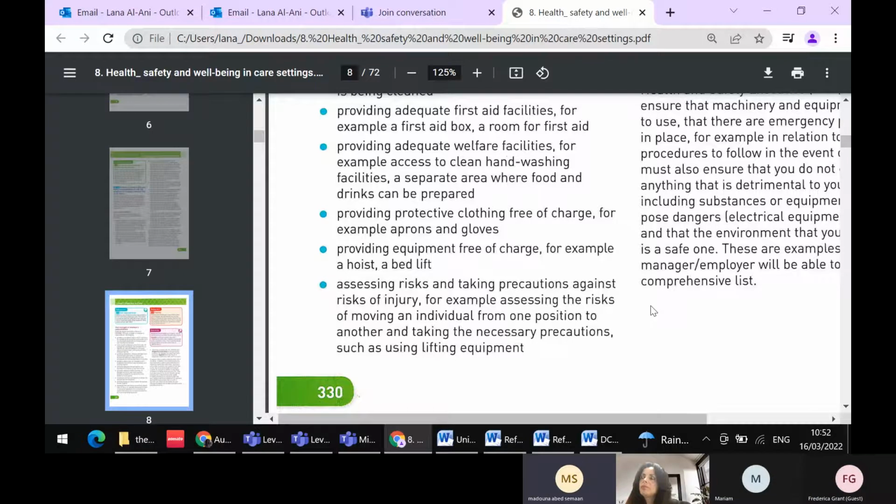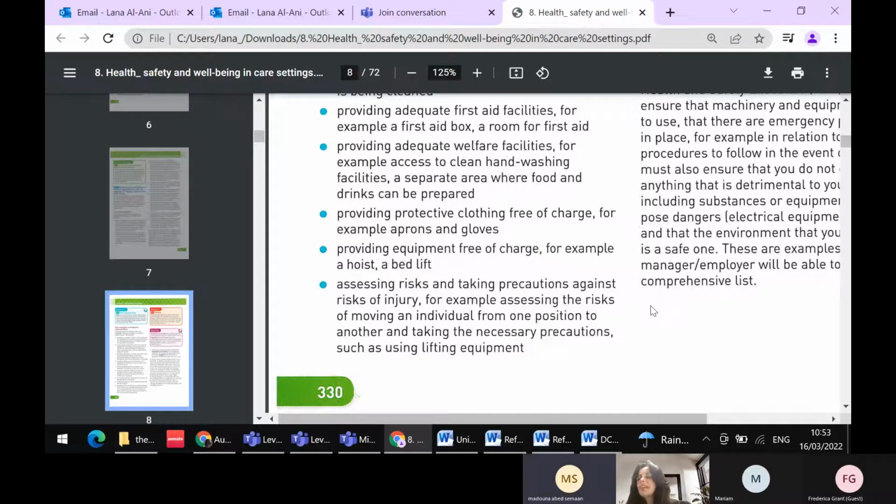Always health and safety. Follow the health and safety. Very good. Put a policy and procedure in place. Yes, any dangerous, or maybe put the sign if there is any wet floor or something. Yeah. Very good. Provide these signs to make sure if there is any dangerous thing to be avoided. Very good.